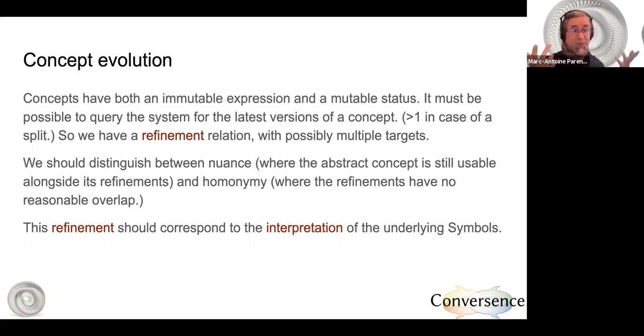So if we have concept evolution, we have the immutable expression and we have the mutable status: what is the concept now? So it must be very easy and convenient to just query the system and ask what is the latest version of that concept, or the latest versions, plural, if there's been a concept split. So this defines in a way a refinement relation. This concept is a refinement of a previous version of the concept, and possibly there are multiple refinements if there's a fork or a split. And as I said, sometimes the fork is meaningful, such as,